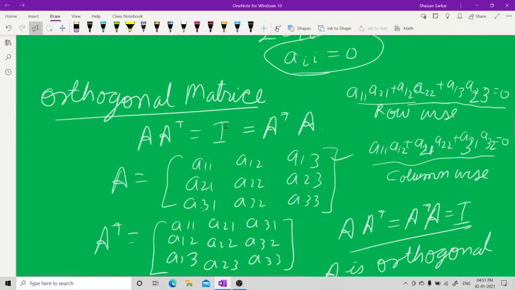Now we are seeing orthogonal matrices. I told you in the last lecture, if A times A transpose is the identity, then A is an orthogonal matrix, and A transpose A should also be the identity. Both sides, you have to prove both sides. Now, this is another shortcut: if you multiply this element with this element, and this element with this, row wise, and you add them up, it becomes 0. Now again, if you multiply column wise, that means A11 into A12, A21 into A22, and A31 into A32, and add them up in this fashion, you will get 0 column wise.